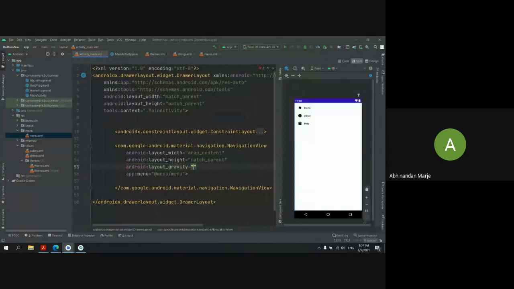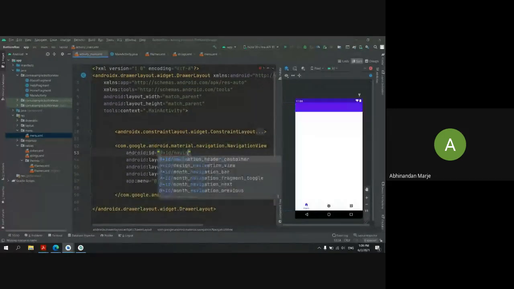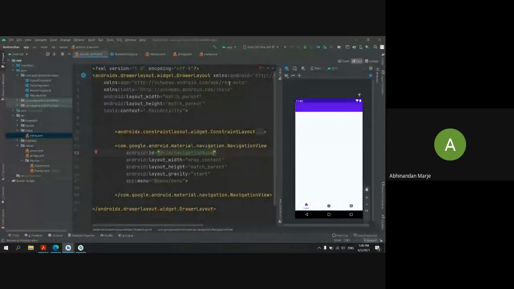Layout gravity as start. Now you can see it has gone there, and when I click on my toggle button, it should appear. So for that, I need an ID for it. I need an ID for my drawer layout also.